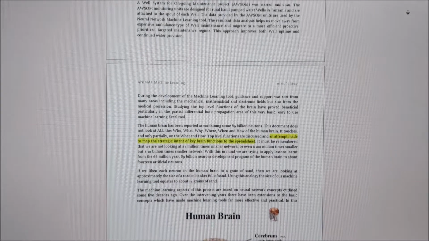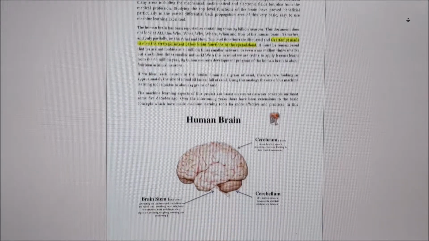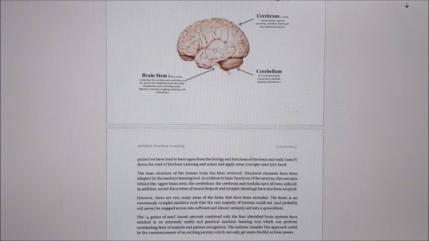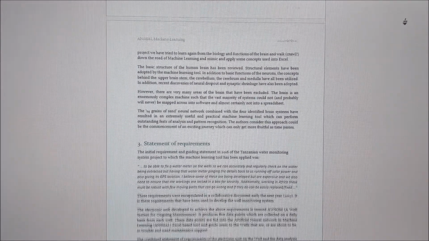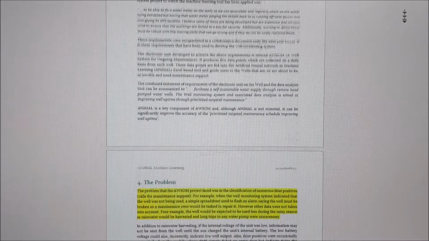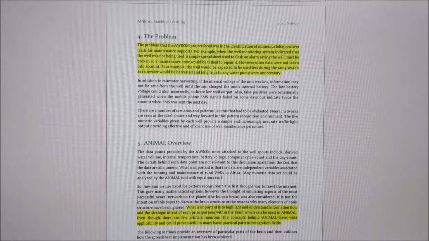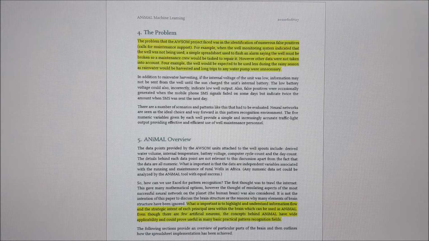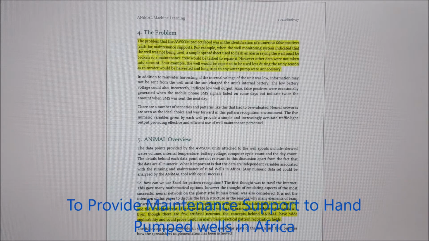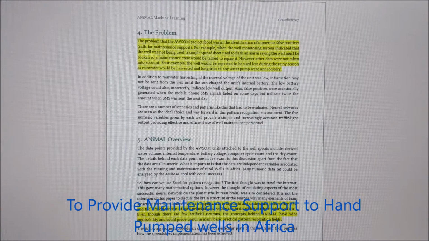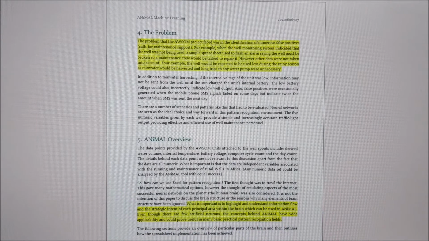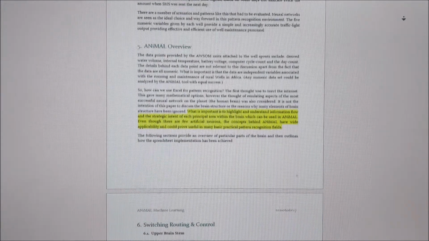Well, in actual fact, we could. We looked at the cerebellum, the brainstem, the cortex, all these various areas. The reason we did all this is because we had a project, and the idea was to try and minimize the maintenance support and to be proactive in the support by providing neural networks to recognize a pattern of failing. So, with that in mind, we started to look at